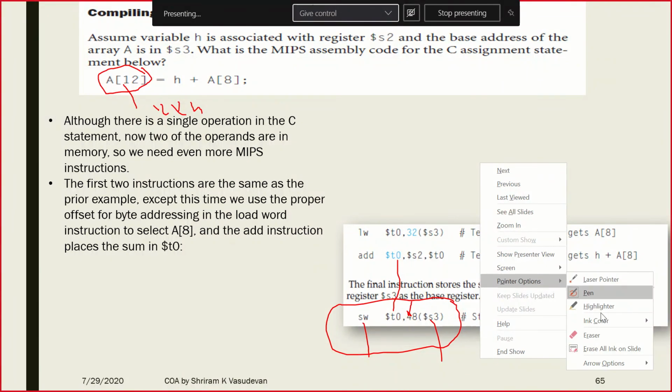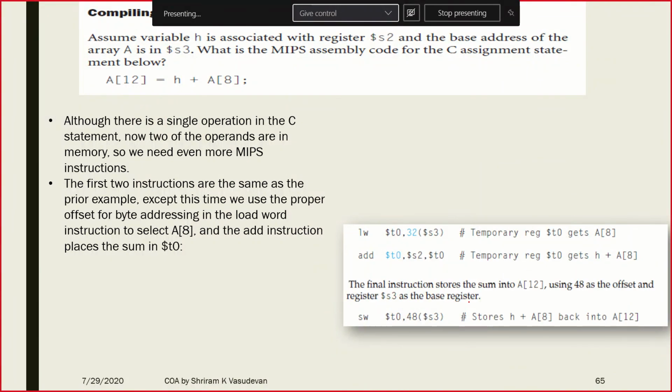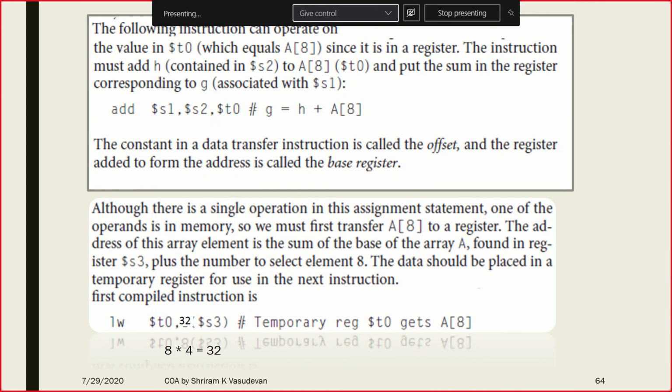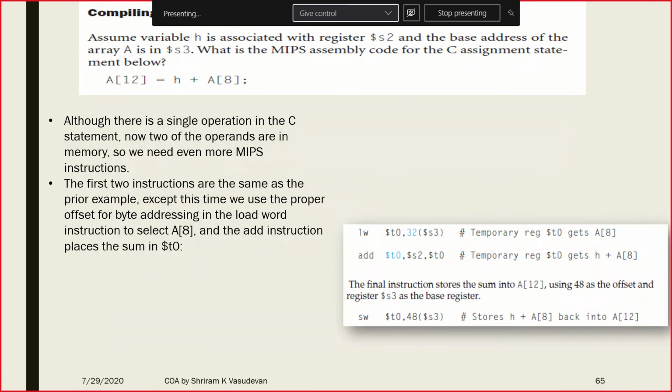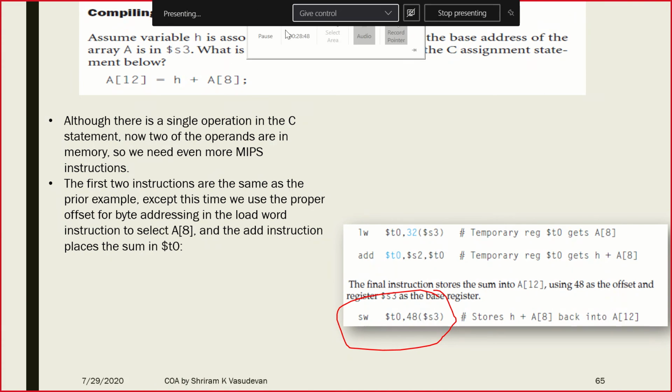So I have used load word, and I have used store word for the same set of operations. In the previous set of operations, we had only load word being taught. That was sufficient. And now we have store word coming into the picture, because we have to store the content into the memory location. The memory location need not be, say, 1000 or 1500 or something. It has to be something like an array also.